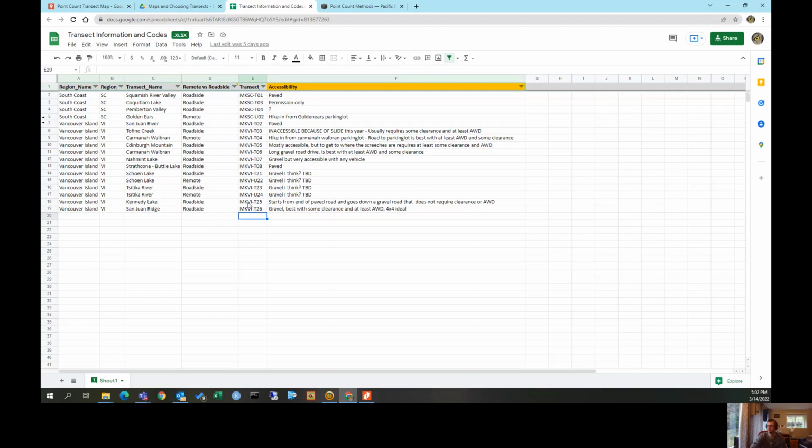Then if you have a T, that means transect, and U is applicable to people putting out ARUs. For most people volunteering for these surveys, just use a T for transect if you're doing a playback survey. And then the number. So we spoke about Tofino Creek earlier, so that's T03. You can write that at the top of your survey sheet. Also helpful for just knowing what survey